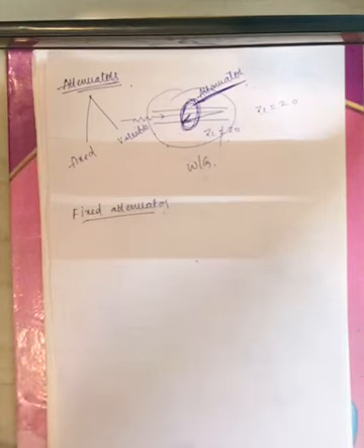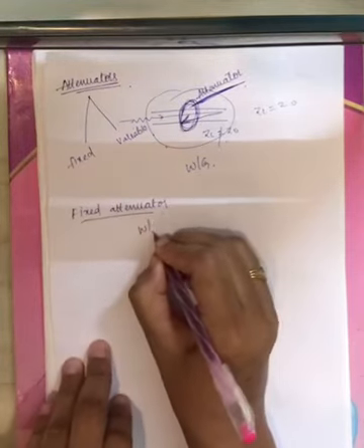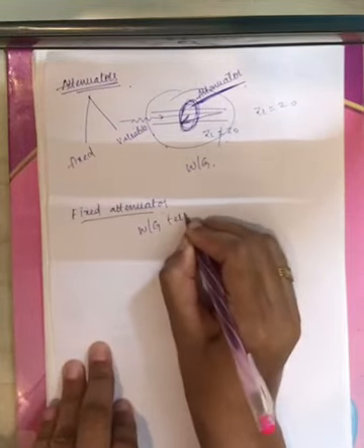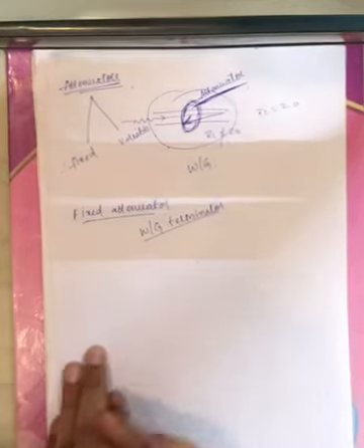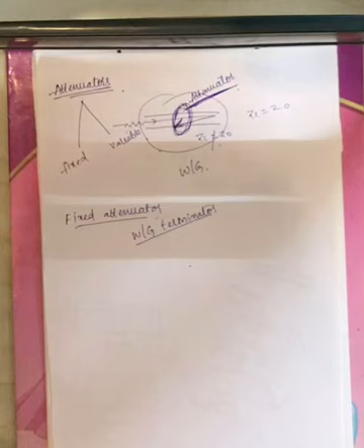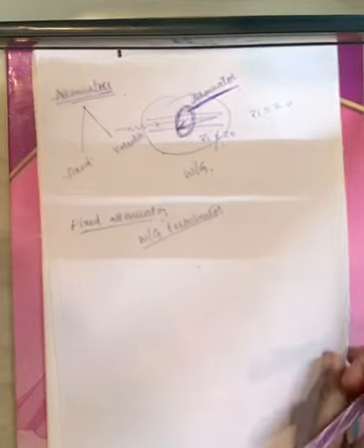And we have two types of attenuators: one is the fixed attenuator and another one is the variable attenuator. Now this fixed attenuator is also called a waveguide terminator. It is called a waveguide terminator when all the reflected energy is absorbed by that particular attenuator. Now this contains a short section of waveguide.